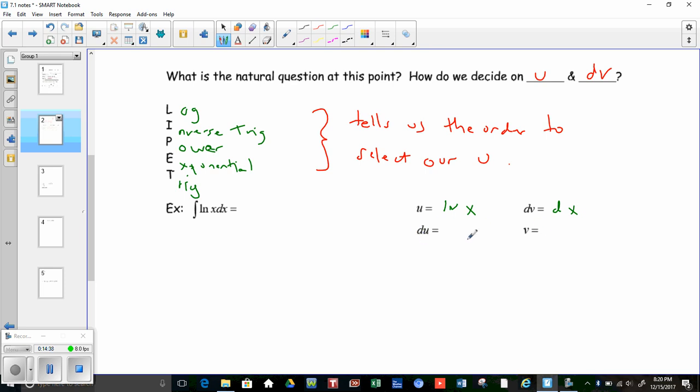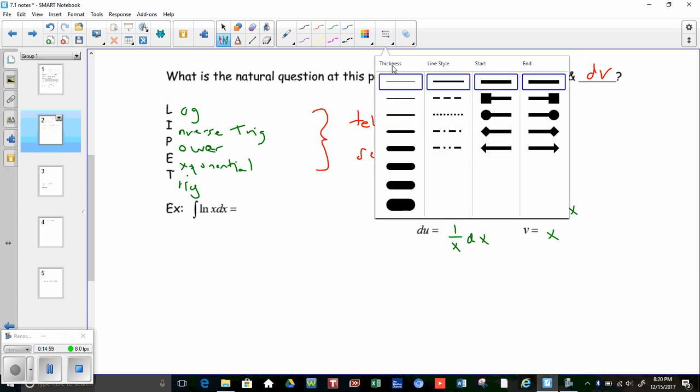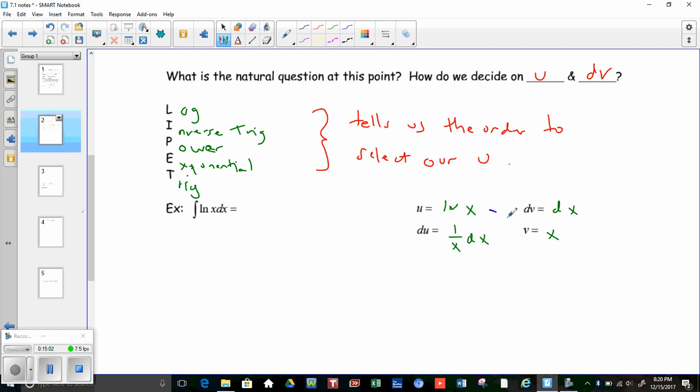And then we're always going to need to find du and v to do this. So du is the derivative of natural log of x, that is 1 over x dx. And then the antiderivative here, really technically this is 1 dx, so the antiderivative of 1 is just x. And then we've got our information here, and we can go with our pattern, which says it's uv minus the integral of v du. So this integral right here is equivalent to uv, which is x